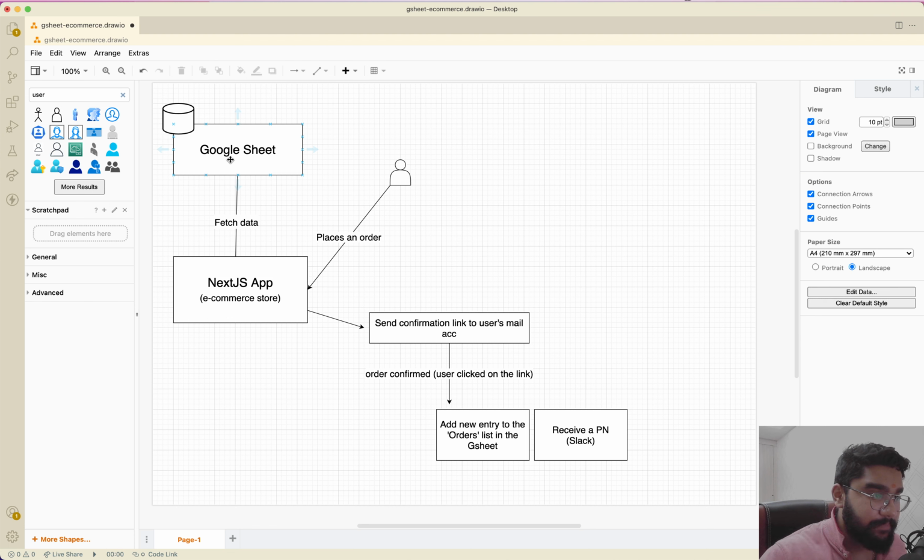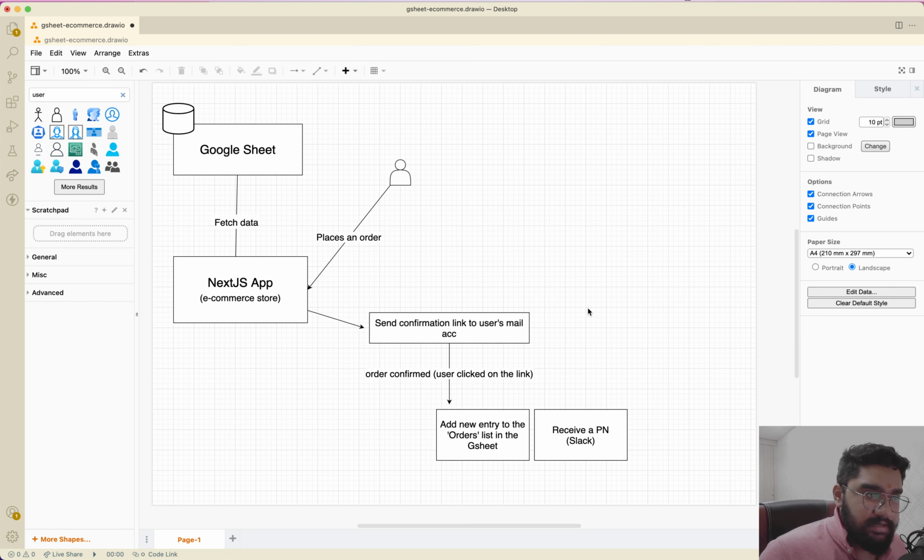But the secondary objective, or the goal, is to keep costs very low, to keep it free. To not have any sort of expense by using any service. So this part, Google Sheets, is free, although you may have to attach your credit card to your Google account, but the API in itself, for our case, is free. And the other thing is Next.js, the deployment, we will be doing that on Vercel, which on the hobby plan is again free. The sending of email, this part,